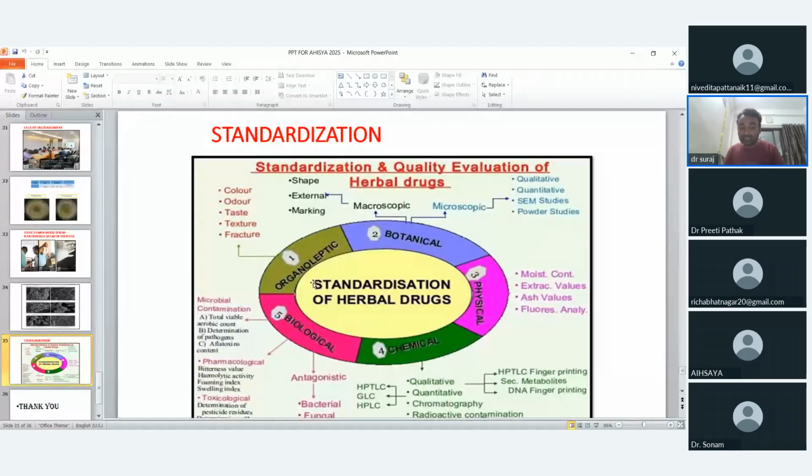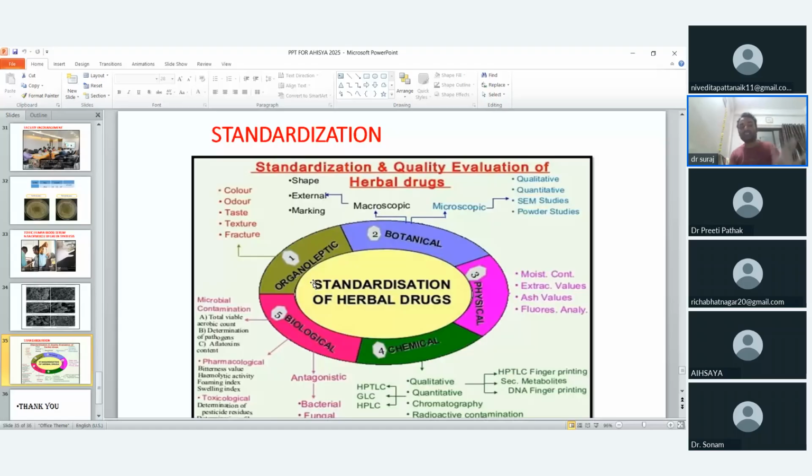And in toxicological aspect, we have animal model, we have in vivo model, we have animal house. So by different species like rats, mice, rabbits, we determine the toxicity of such nanoparticles. Before preclinical, we have to determine the toxicity, their hemolytic activity, their foaming index, and afterward we enter into the clinical model.